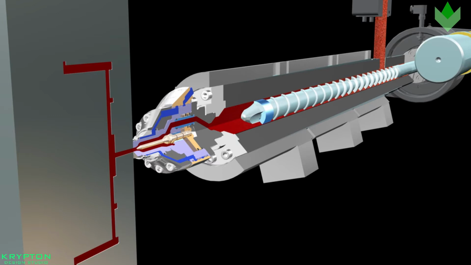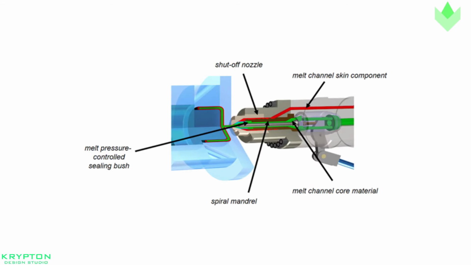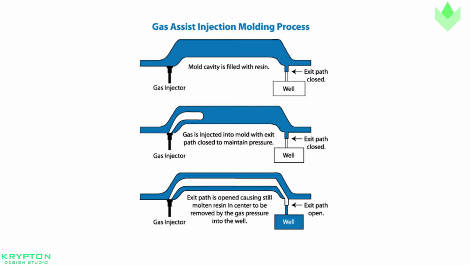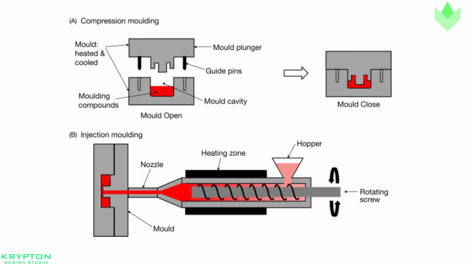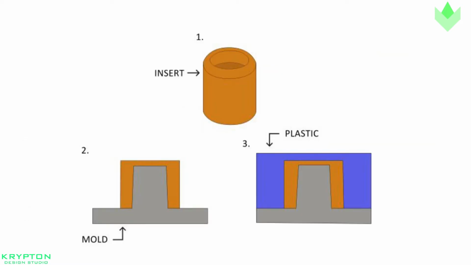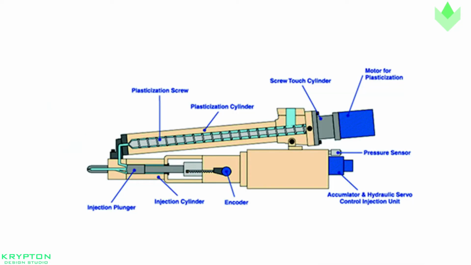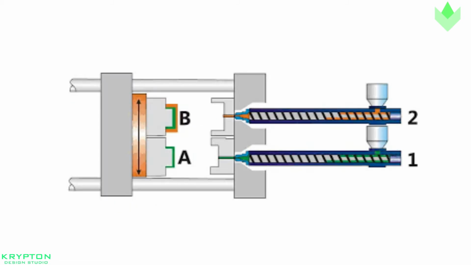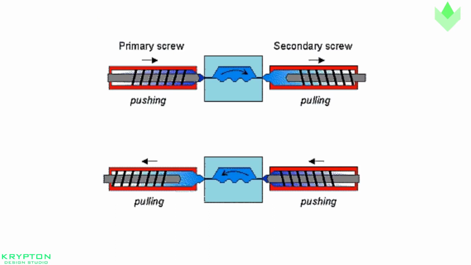Different types of injection molding processes. There are different types of injection molding processes available, like co-injection molding, fusible core injection molding, gas-assisted injection molding, in-mold decoration and in-mold lamination, injection compression molding, injection molding of liquid silicone rubber, insert and outsert molding, micro-layer injection molding, low-pressure injection molding, micro-injection molding, microcellular molding, multi-component injection molding, multiple live fluid injection molding, powder injection molding, push-pull injection